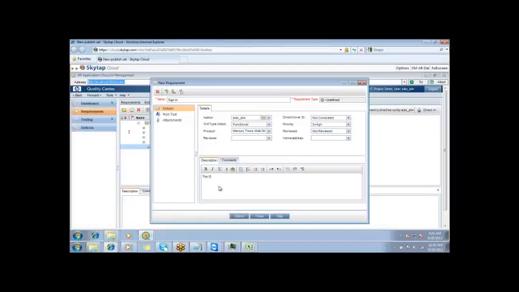The sign in feature or the function is present on the top left corner of the Bank of America website. Okay, I have to mention it like this.